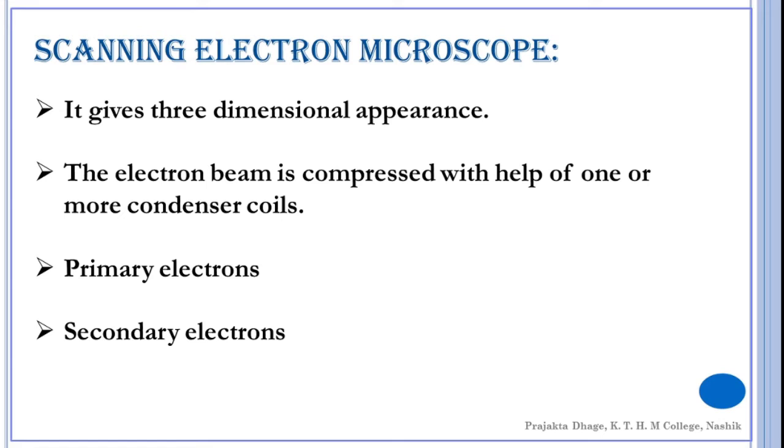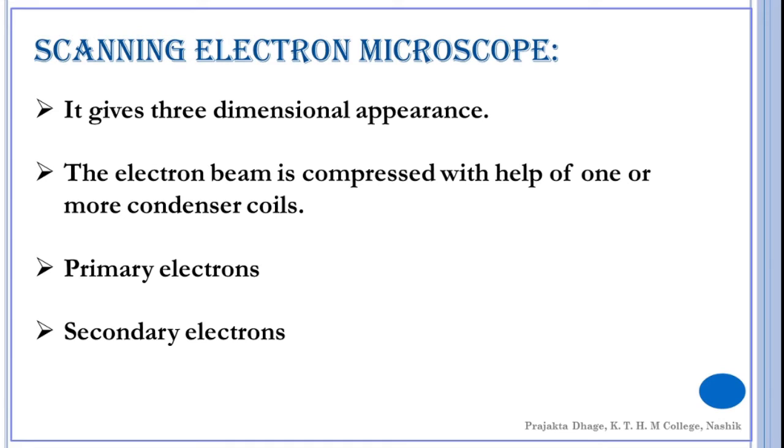If the primary electrons enter a pit, very few secondary electrons would be emitted in comparison to electrons emitted from a smooth surface. The projected area emits more secondary electrons and is further highlighted. Thus, the deflection of electrons takes place depending on the contour of the specimen. As the electrons do not have to pass through the specimen, the thickness of the specimen is of no consequence.